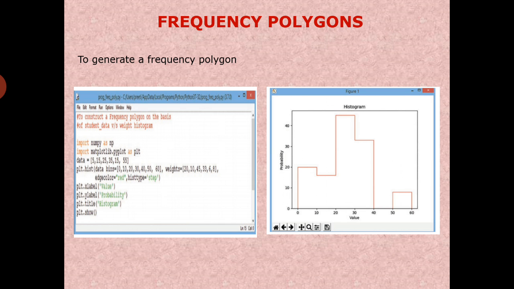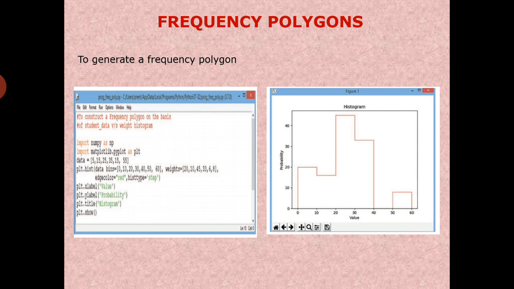histtype='step') will plot a frequency polygon. The first argument passed to hist is the position of x and y coordinates where the weight of each data point shall be displayed. The second argument calculates the bins or range of intervals on the basis of data.